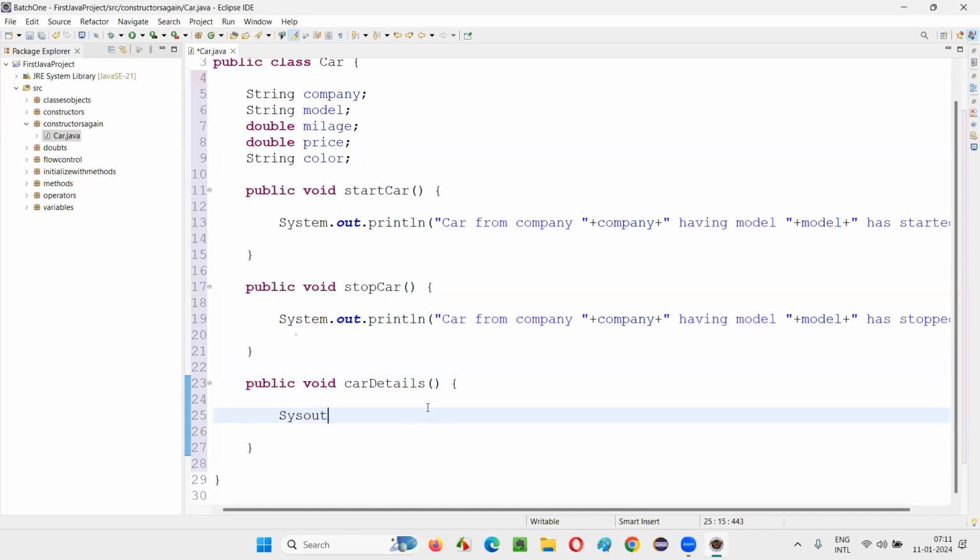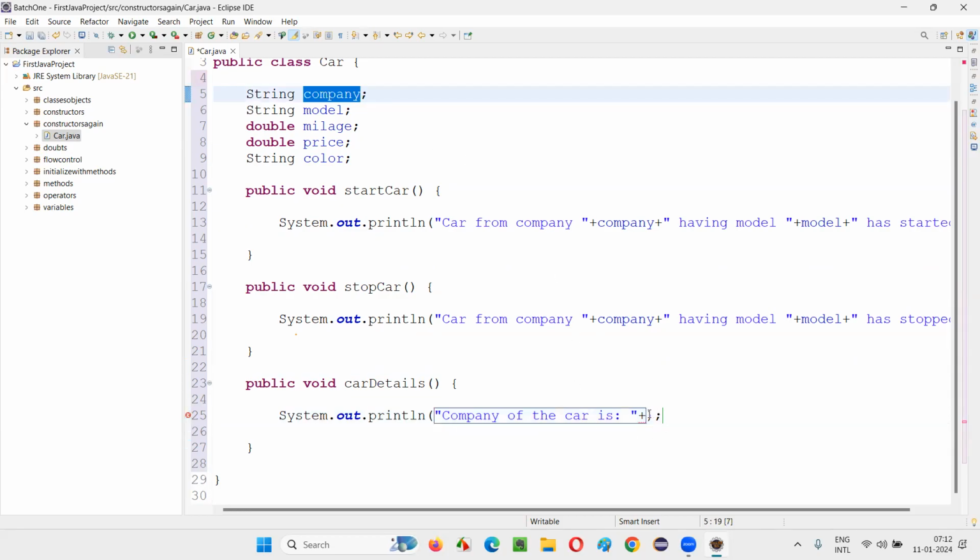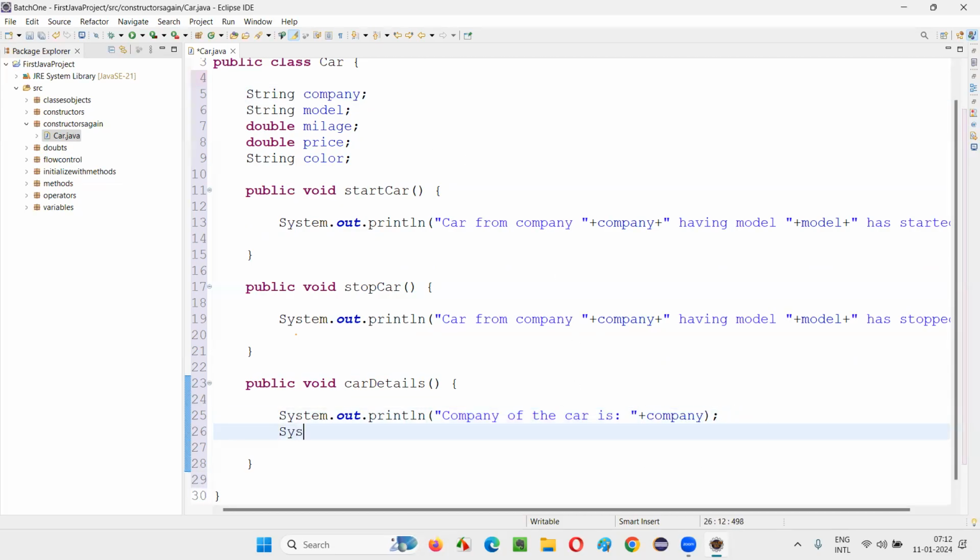Then here I'll write System.out.println "company of the car is" plus company. System.out.println "model of the car is" plus model.